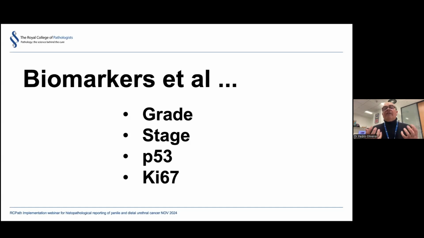We don't have data to support that, if we have a pattern of P53 like the one we can use for vulva, this means that we are dealing or not with a malignant lesion. Unfortunately, we don't have this data, so we need to rely on the traditional morphological aspects that we have considered in the prior